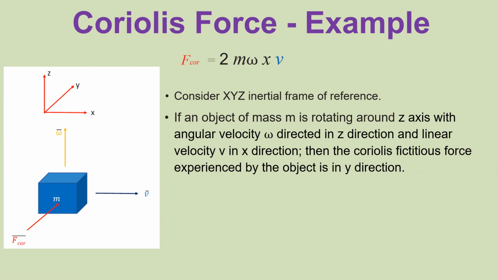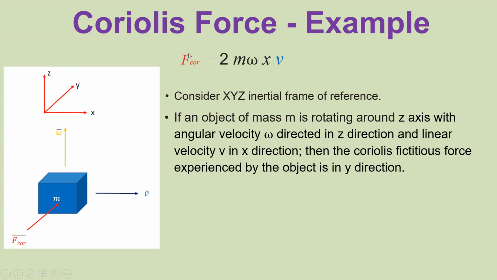So in this case, this angular velocity is directed in this direction, and due to some effect, this mass is also moving with a linear velocity v along this direction. What is this direction? X. So it is moving in this direction X, and this is rotating around Z. As you can see, this omega is in Z direction, then that means it is rotating around Z. So this object is rotating around Z and moves towards X direction at a constant velocity v bar.